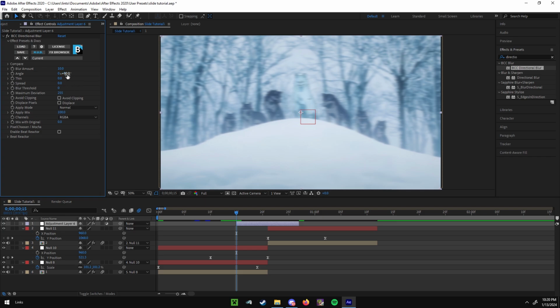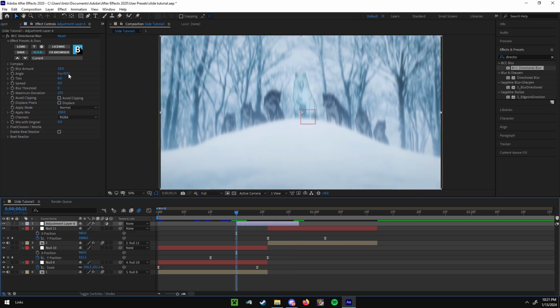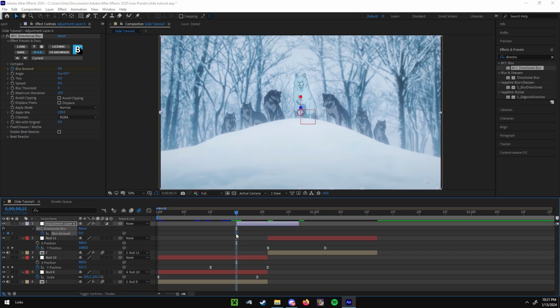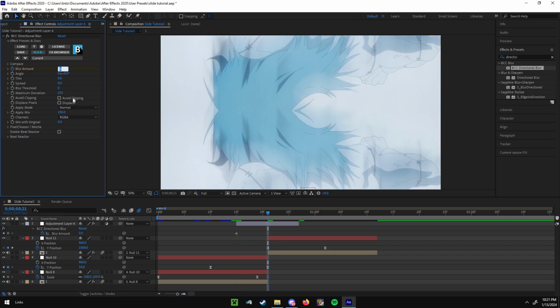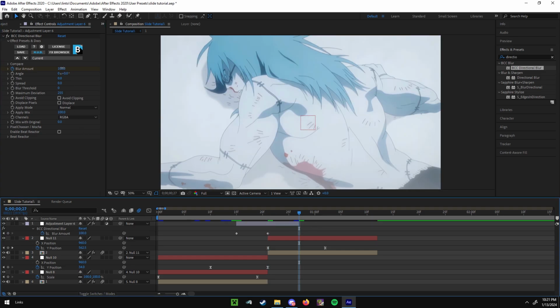So let's set the angle to either 0 or 180 because we want the blur to be aligned vertically since this is an up-down slide. At the start of the adjustment layer, we're going to set the blur to 0 and keyframe it. So we got a keyframe for 0 here. And at the point of the transition where the two clips meet, we're going to set it to 100. This will essentially serve as extra motion blur to make the slide look even more smooth. And at the end, we'll set it back to 0. Now if we take a look,